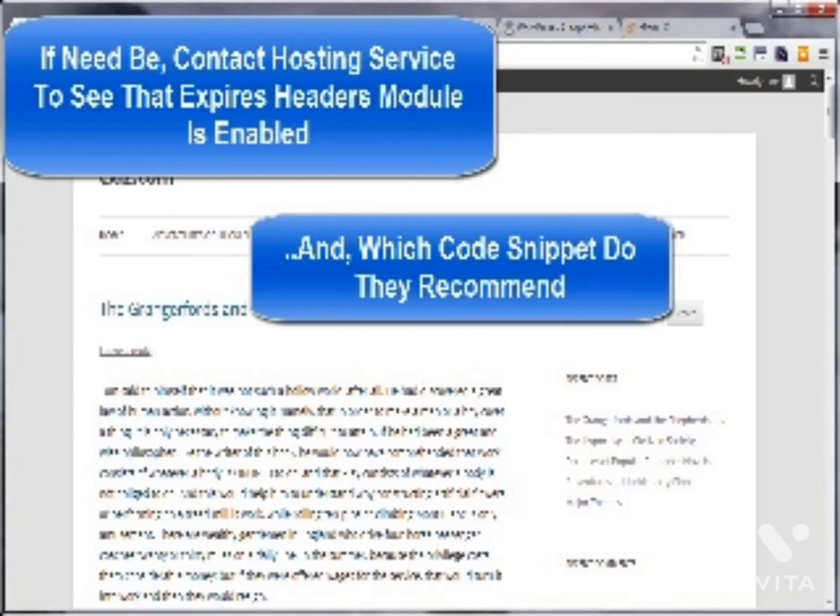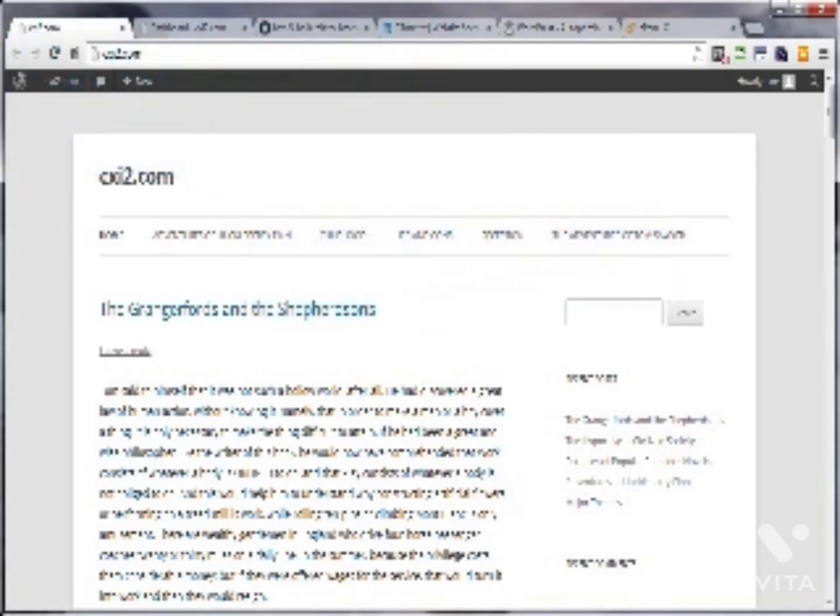Also, if you're running an e-commerce site or a membership site, you might want to contact the plugin or software creator of your e-commerce program and ask them if there are known issues with their software and expires headers. And if so, what do you need to do to avoid those problems while enjoying the benefits of the speed increase? Now first, let's go ahead and run a test to see where we are in regards to the browser